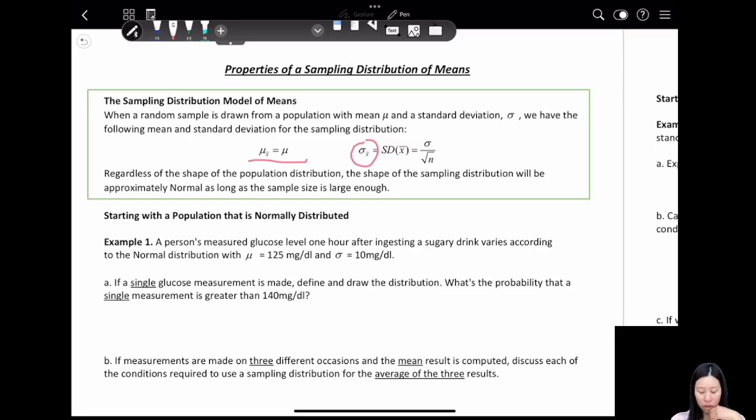the sample size. So regardless of the shape of the population distribution, the shape of a sampling distribution will be approximately normal as long as the sample size is large enough. But remember, from the central limit theorem, we also mentioned that if the parent population is normal, no sample size condition is required. In this case, we will talk about if the parent population is not normal, such as uniform or skewed. So